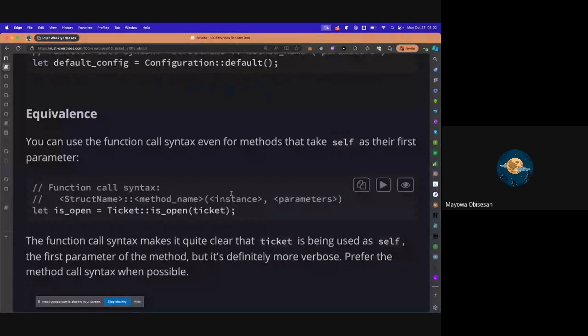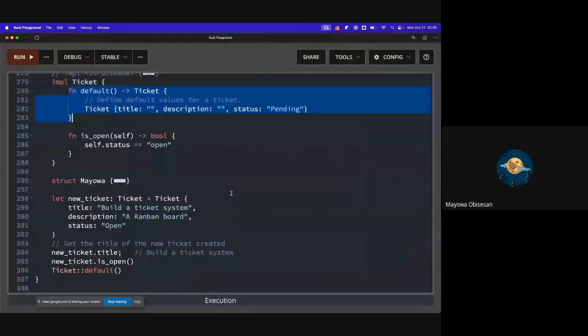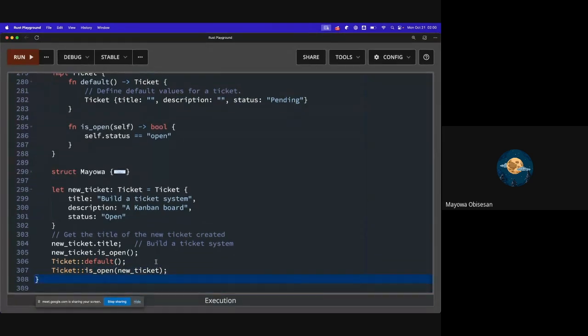Now, you can still call this is open using another method. You can do something like this: ticket is open like this, and this is open now takes in a new ticket. It still works, right? So it just depends. Whenever you see something like this, if it takes in an instance of a struct,